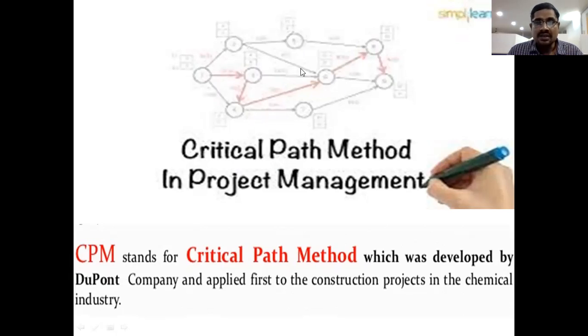It is easy to understand the sequence of operations, and then we can calculate the critical paths. So these are a few benefits from the critical path method as well as the project evaluation review technique, right?